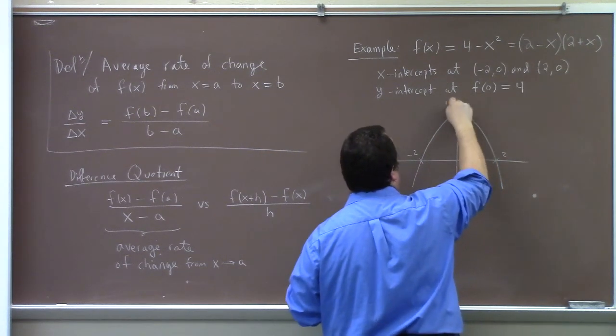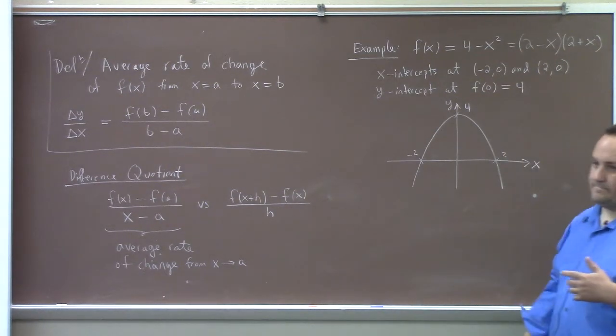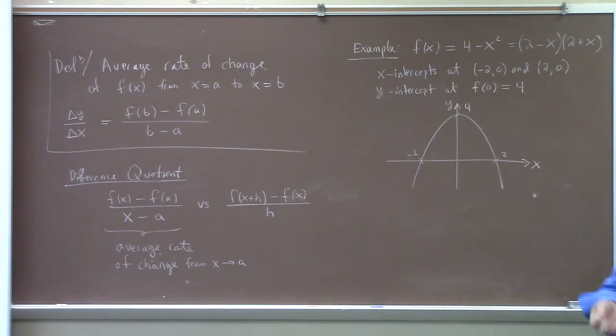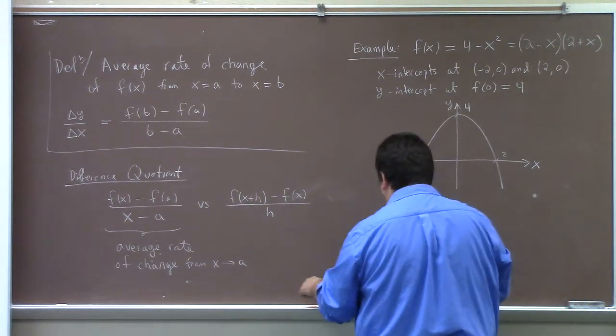Approximately. I mean, this is a rough picture of it, right? And so we could calculate the average change in the function over various intervals. So let's pick some interesting intervals, right? Let's look at the rate of change, let's say from minus 2 to minus 1? Does that sound good? We can look at